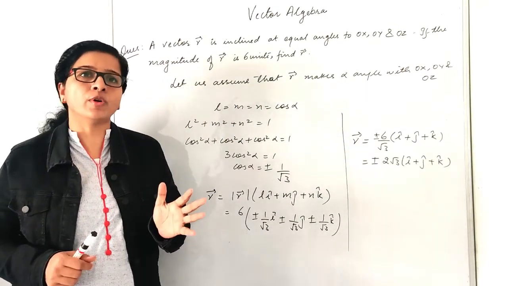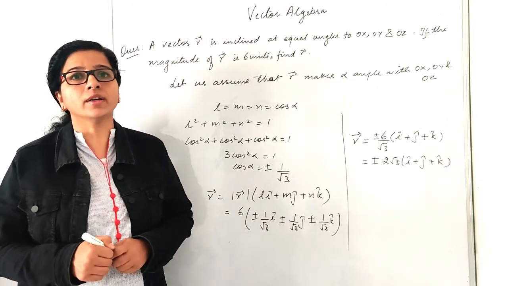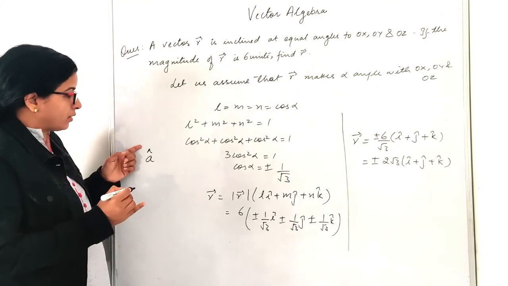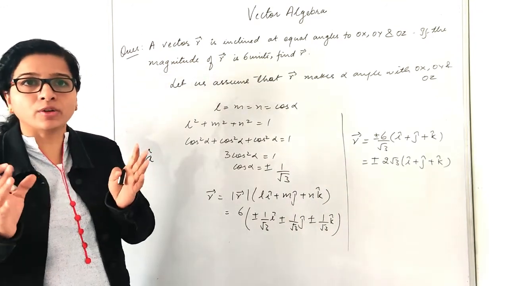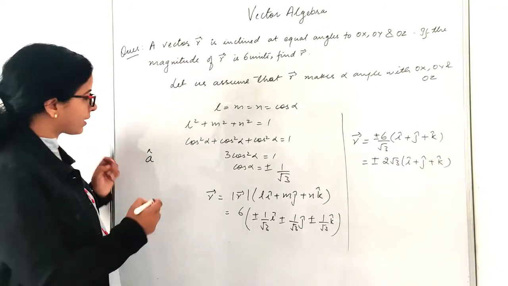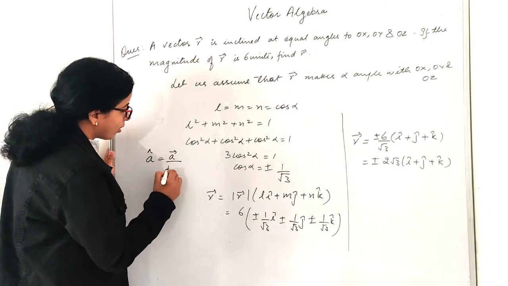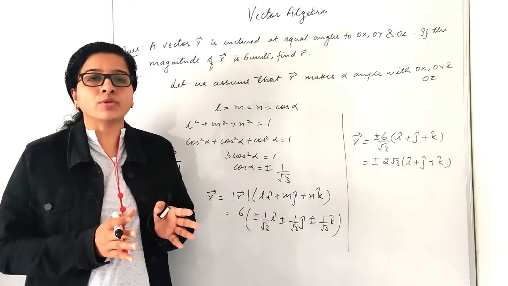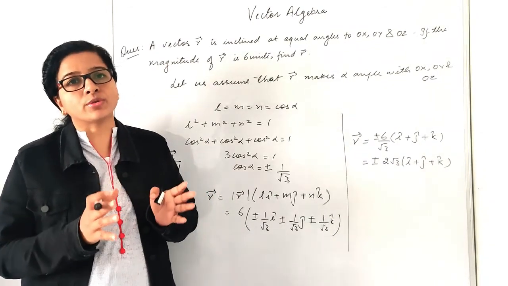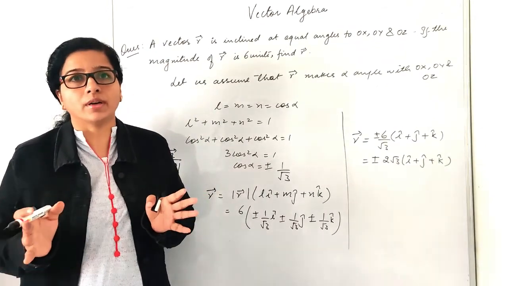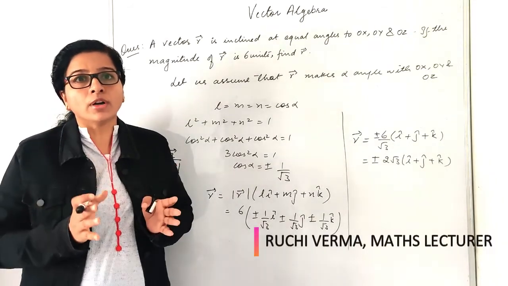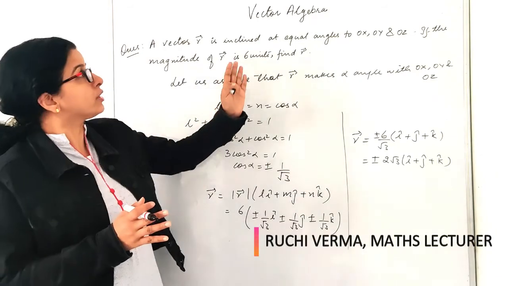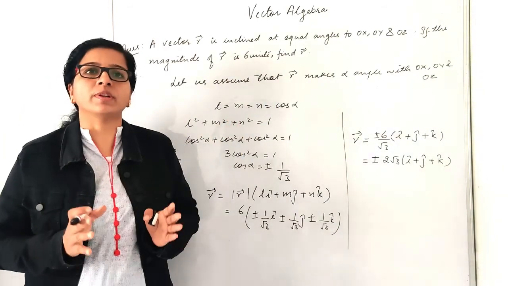Keep in your mind a few points. If I want to find the unit vector, how is it denoted? If I am talking about a unit vector, it is denoted by a cap on top of the vector, and its magnitude is always 1. How do we find the unit vector? It is nothing but a vector upon magnitude of a vector, right? Please remember that direction cosines are unique. Direction ratios can be any number. Okay. Moreover, what are collinear points? What are coplanar points? Always remember that. And if you are thorough with vector algebra, you won't face problems in vectors.